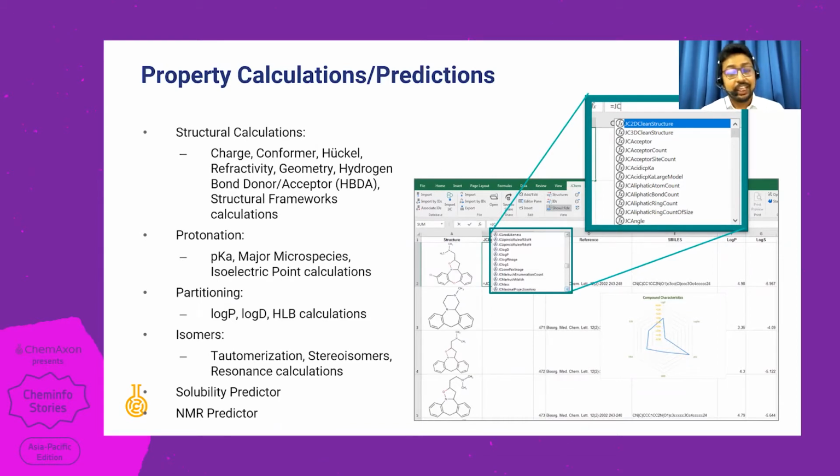Just like you use any Excel function, you can use these JChem for Office functions. The advantage is that you can combine multiple functions to create complex scores like the CNS MPO score, or you can also apply the autofill option so that it fills out the same function to all the structures that are there in the sheet, reducing the time taken to calculate properties for batch molecules.